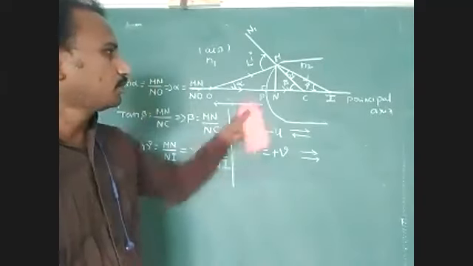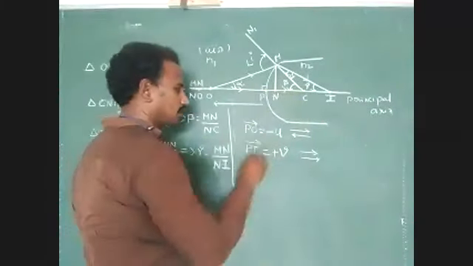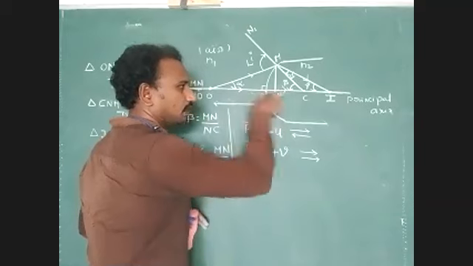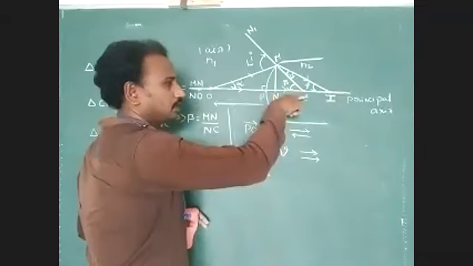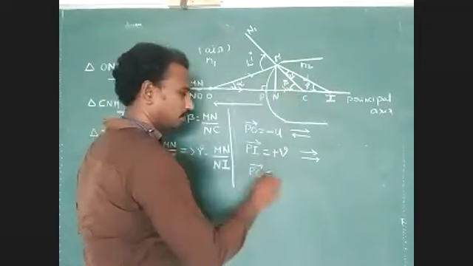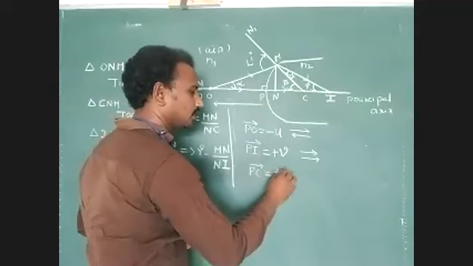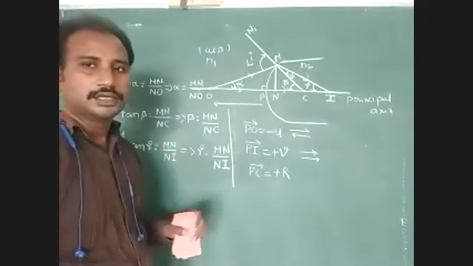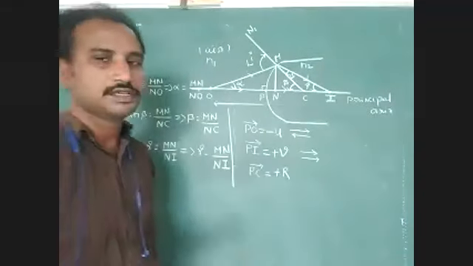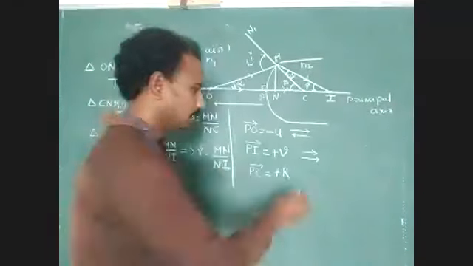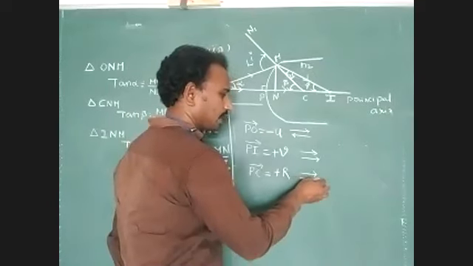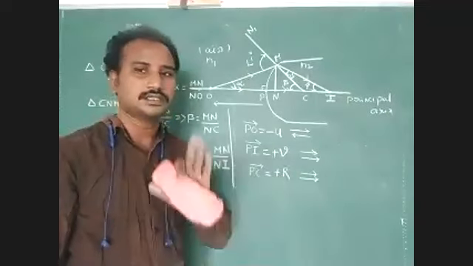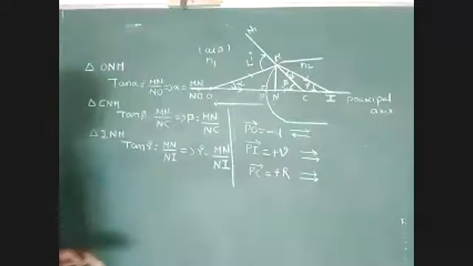Understood? Next, you have to find out the radius of curvature, from pole to center of curvature, PC bar equal to, what is the direction? The direction of calculating distance is along the direction of incident ray. Then we have to give the sign convention, plus or minus. We have to identify this point; sign convention is also very important. For the same direction as the incident ray, the sign convention for this distance is positive. Understood?